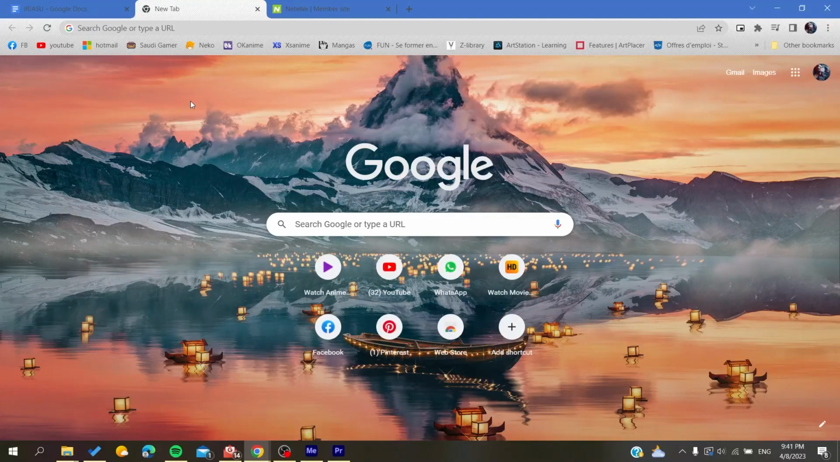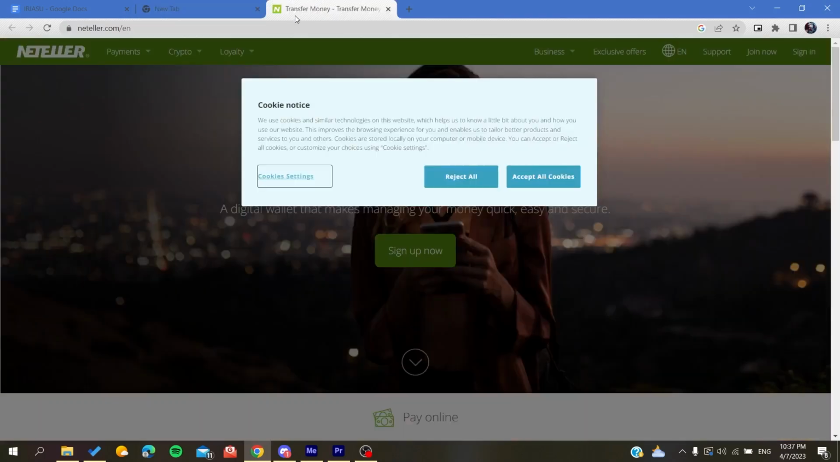In today's tutorial I'm going to show you how to unlock your account on the Neteller web application. So the first thing that I want you to do is to access your browser. It can be Google Chrome, Edge or anything, and then you will go to this neteller.com website and accept the